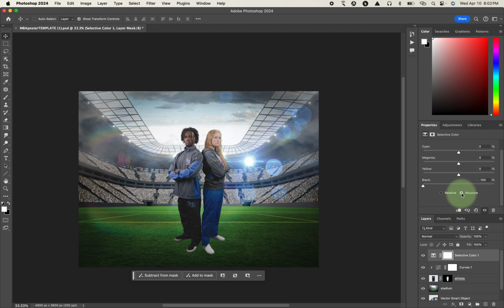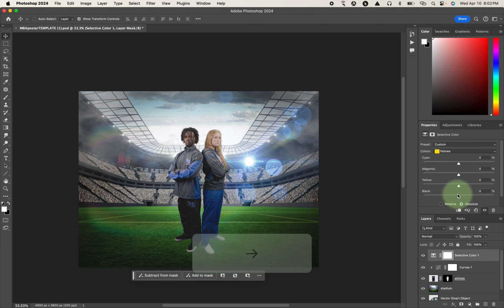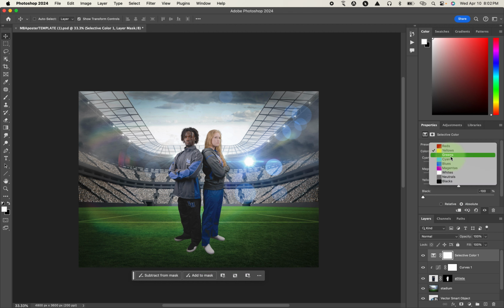I'm going to make sure it's absolute when I do that. So absolute, drop the blacks for the reds. Then we're going to take the yellows, take the blacks, slide it all the way to the left, take the greens, take the blacks, slide it all the way to the left, take the cyans, take the blacks, slide it all the way to the left, take the blues, blacks, slide it all the way to the left, and take the magentas, take the blacks, slide it all the way to the left,